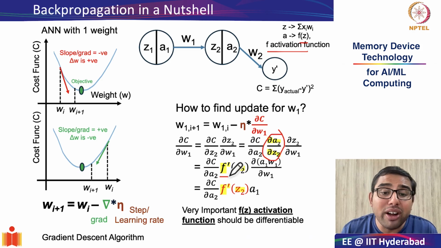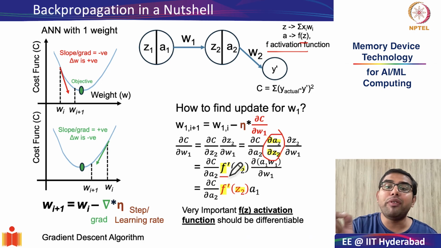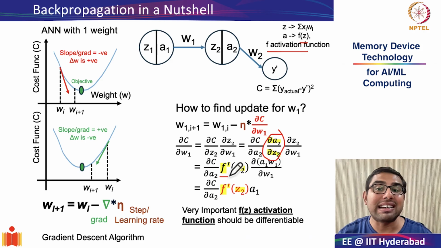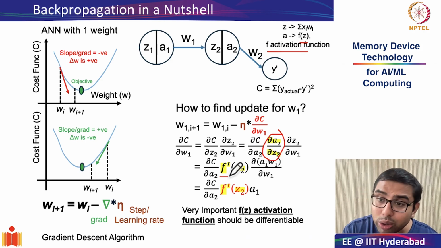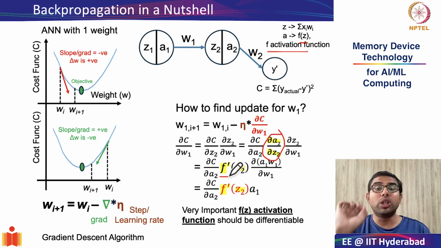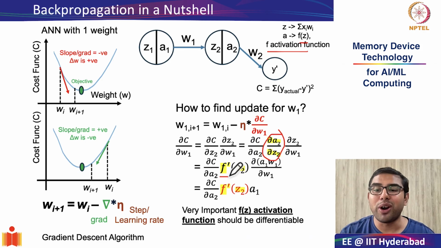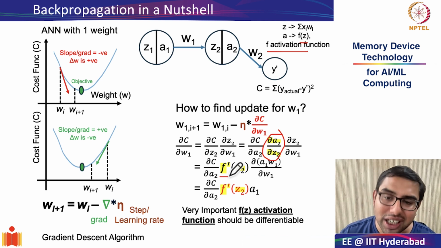Why is this very important? Why am I mentioning the second term? This is because during backpropagation, we need to see how changes in the weighted sum Z2 are affected by the activated output A2. This also tells us how sensitive the neuron's output is to the changes from its corresponding input. And this sensitivity is what is controlled entirely by the activation function.